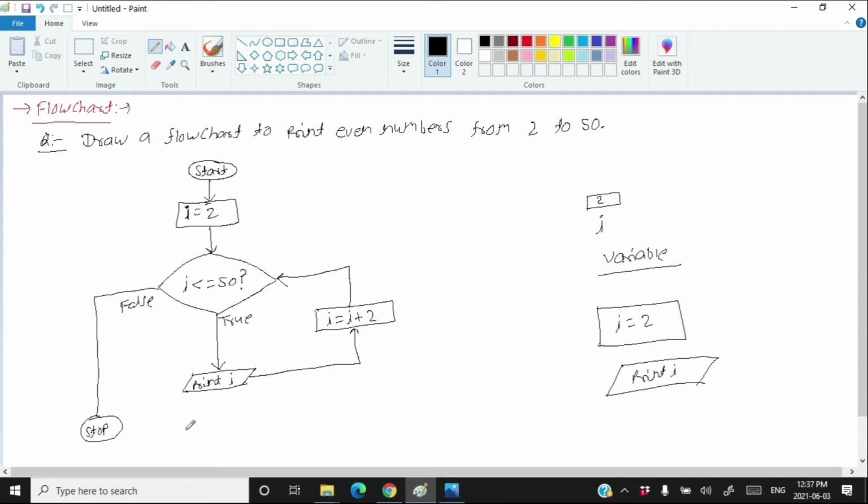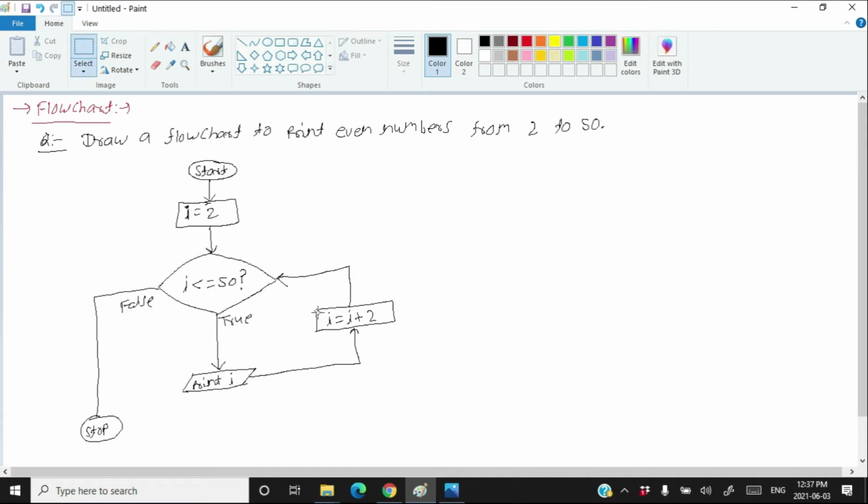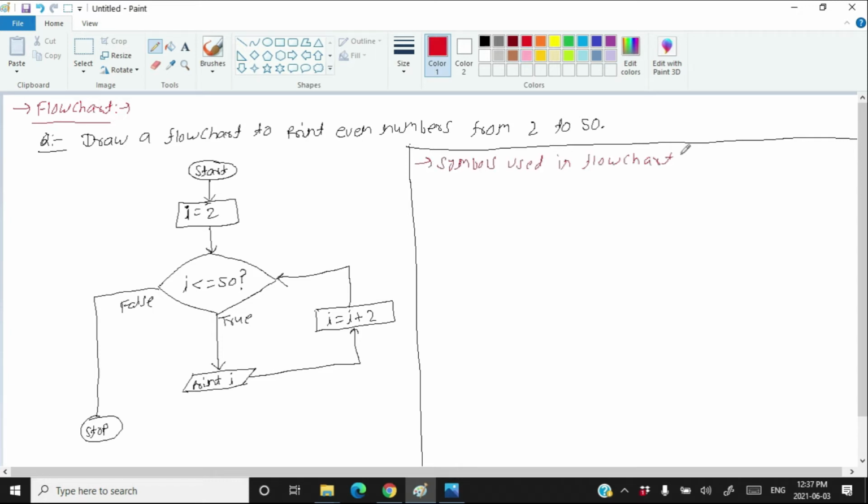Now let's start the formal study of the flowchart. As we know, a flowchart is a pictorial representation of the step-by-step solution of a problem. We use various symbols in a flowchart. In this area, we will learn about flowcharts. Next topic is symbols used in flowchart. What are the symbols used in flowchart? So I'm writing a symbol